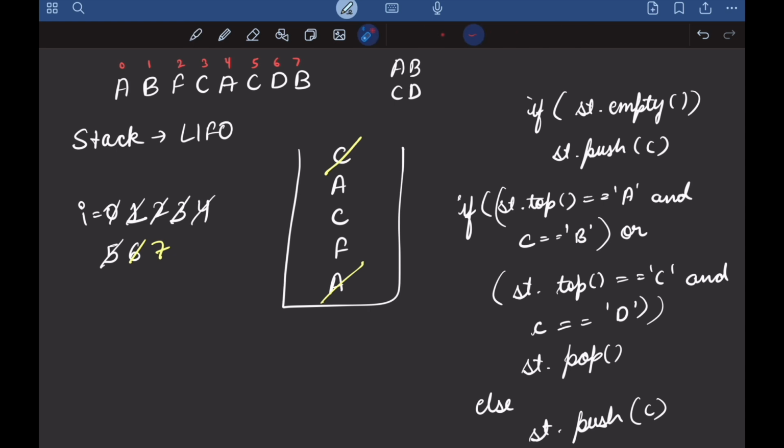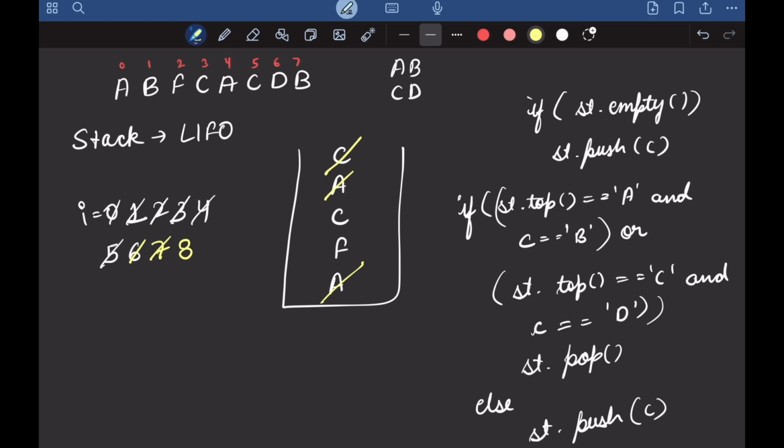Now at 7, we have B, right? And what is the top element? A. So the stack's top is A and the current element is B. So again, it is forming a valid pair. We will pop the element, right? So we will pop this A out and then we'll increment our I, which will become 8. Now at this point, we have traversed the entire string.